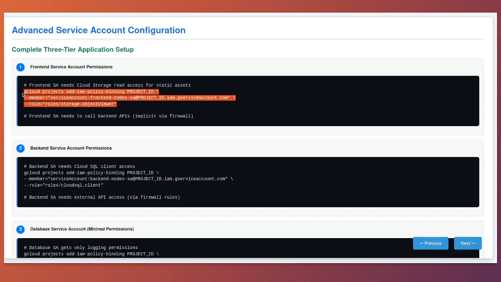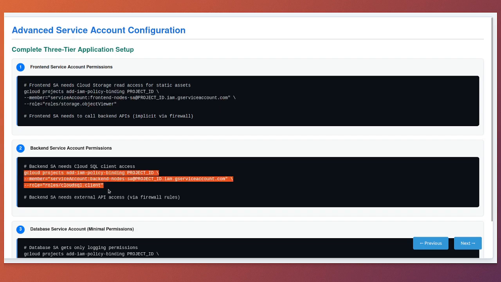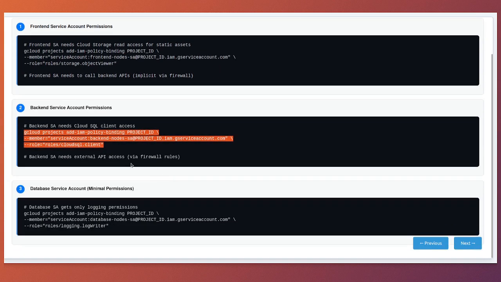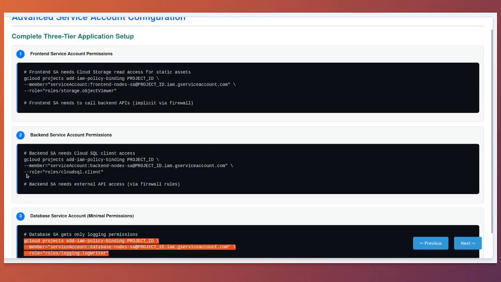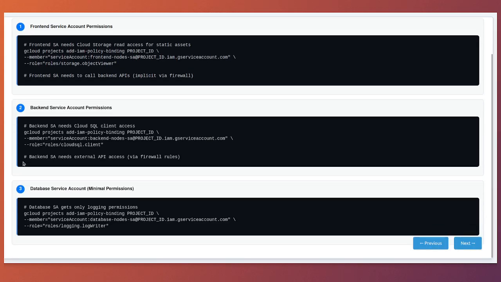The backend tier runs API services that handle business logic and data access. These services need to connect to Cloud SQL databases, call external APIs for things like payment processing, and possibly access other Google Cloud services like BigQuery for analytics. The database tier, which in this case was running database proxy containers in GKE, needs minimal permissions. These containers primarily just forward connections to Cloud SQL, so they only need Cloud SQL client permissions and basic logging